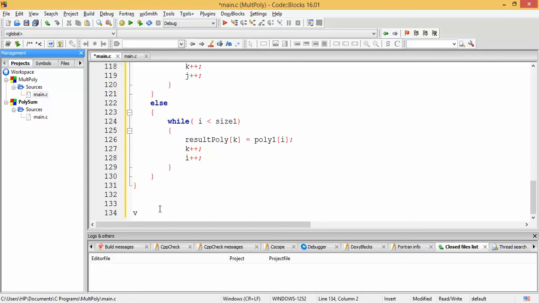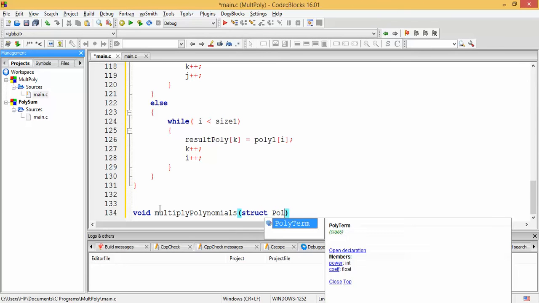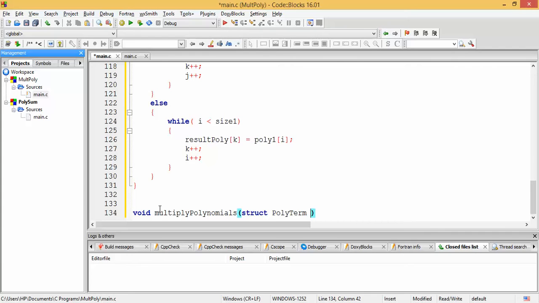Void, so it is not supposed to return anything, and let us call it multiply polynomials, and it has to multiply 2 polynomials, so it would take as input the pointer to the structure array in which the polynomials are stored. So struct polyterm asterisk,